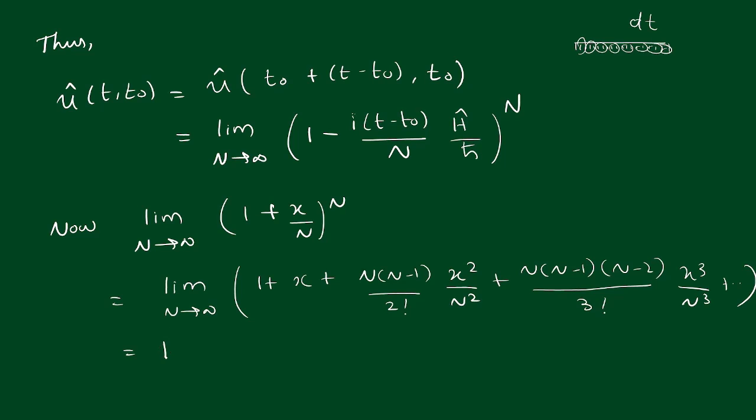Now this is again limit n tends to infinity 1 plus x, nothing happens here, plus you see that this n and this one of this gets cancelled. Okay, n will cancel. What remains is n minus 1 by 2 factorial, and then you have got